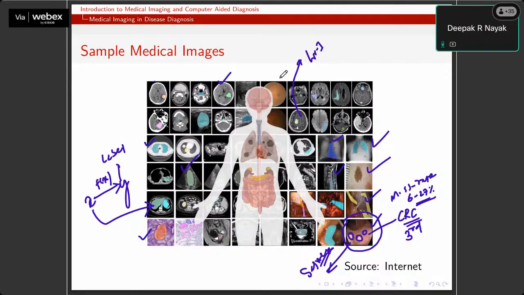Sometimes your input is an image and the output is nothing but a label. Sometimes your input is an image and the output is also an image. In this case especially, X is an image and Y is also an image. But sometimes X is an image and Y is simply a label, right? It could be anything. We'll discuss in detail later on.